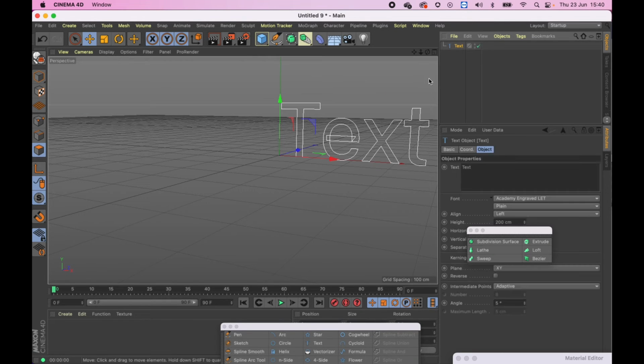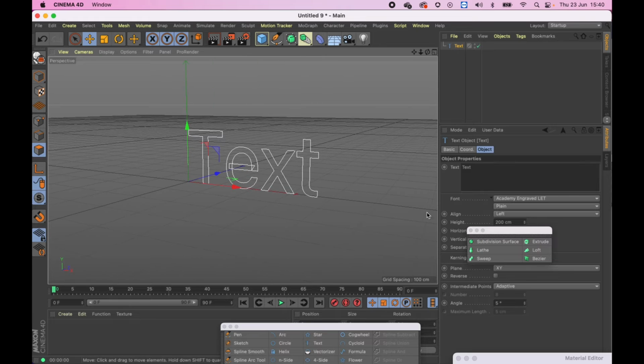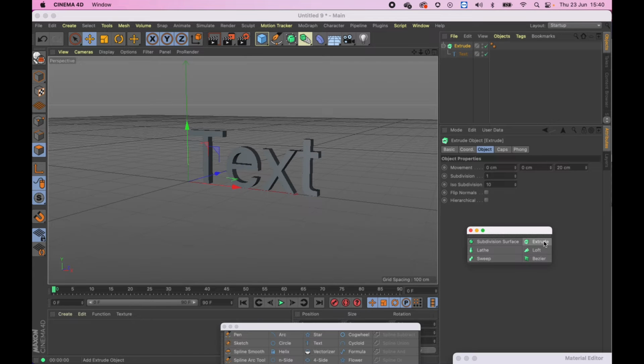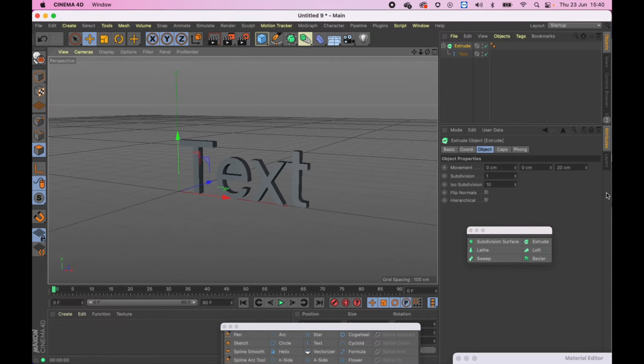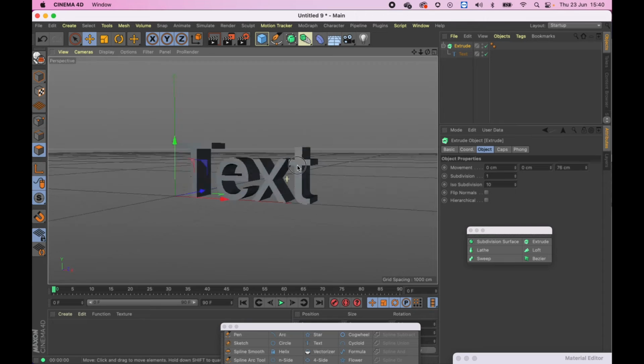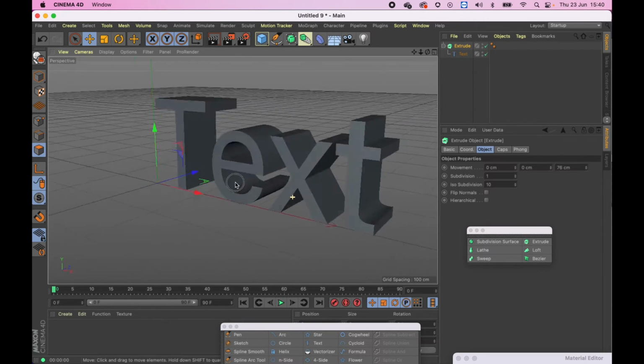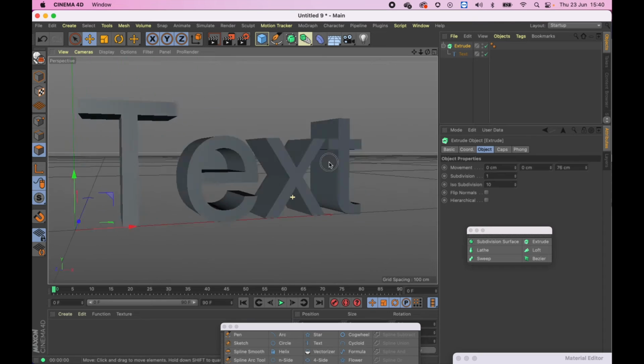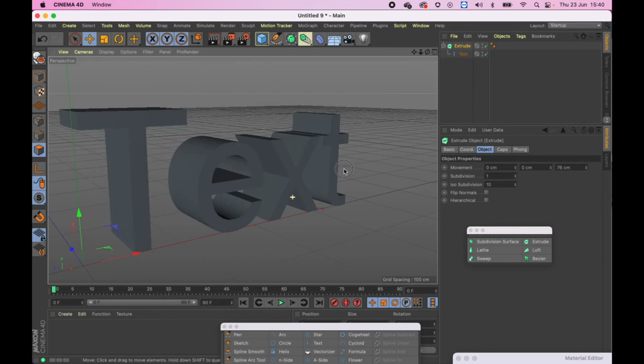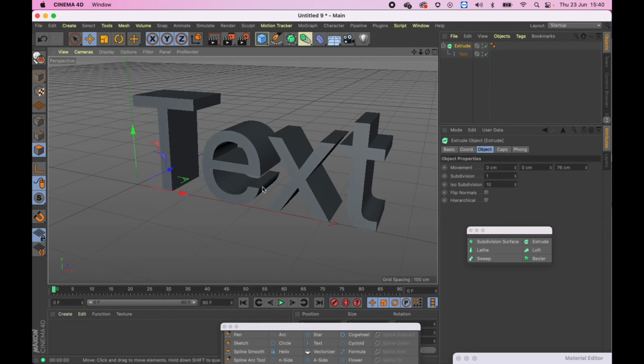So if you hit text, again, there are more than one ways to get text. We'll go through that in due course. Hold Option, click Extrude, and immediately you get 3-dimensional text. A classic first 3D object type